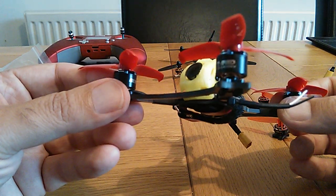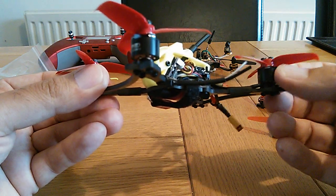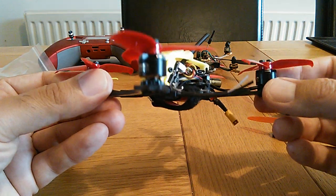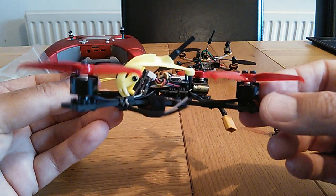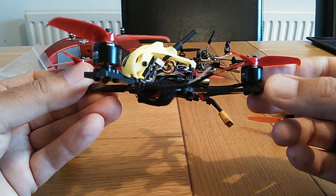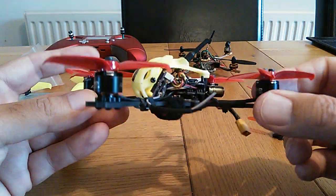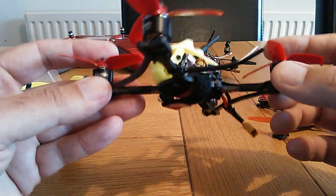But they're nice and big motors. They can take a hit, be stronger than the 1103s in a crash and don't get as hot. They barely get warm on a sort of 3-4 minute flight, fairly hard. They don't get hot at all. There's no problem with just running battery after battery in there. So yeah,